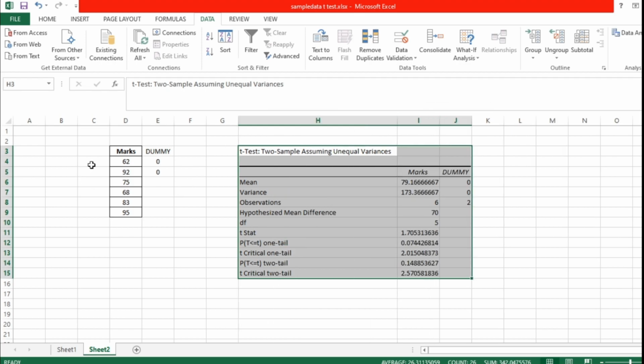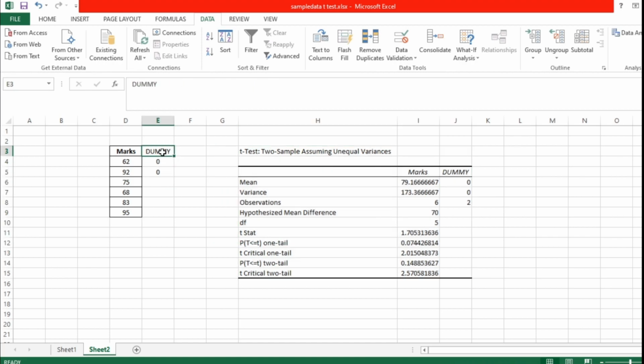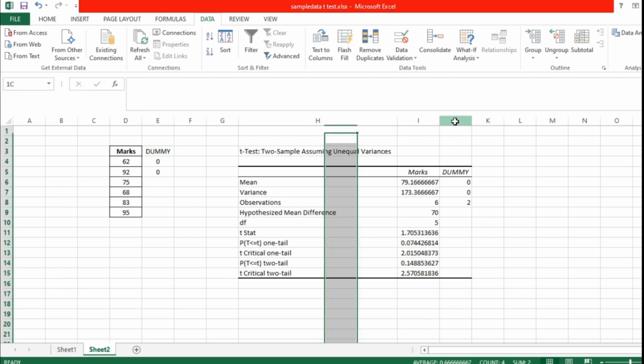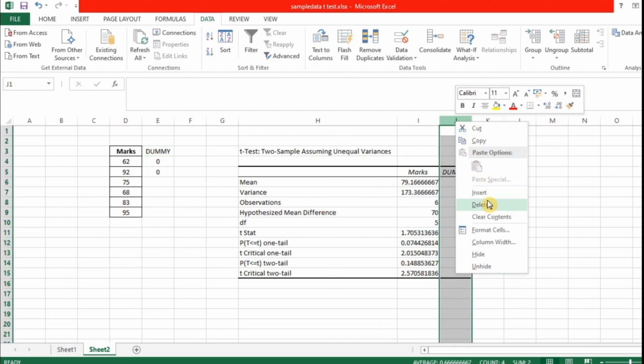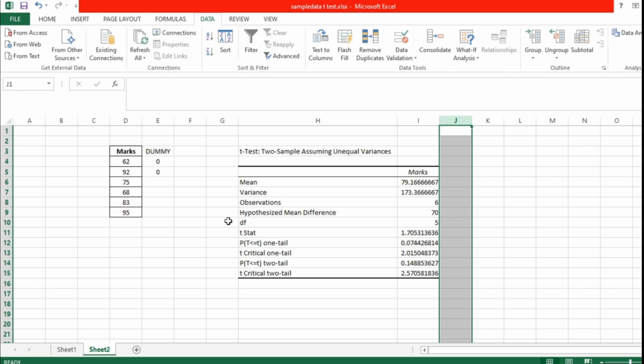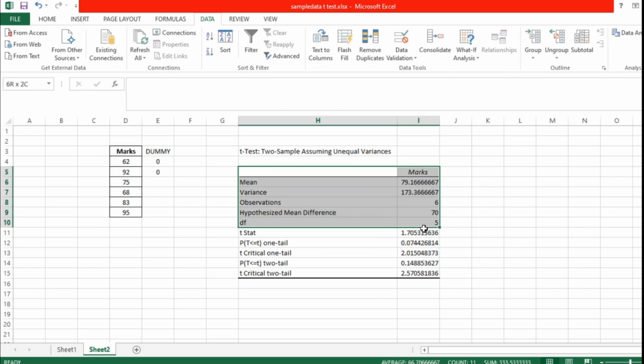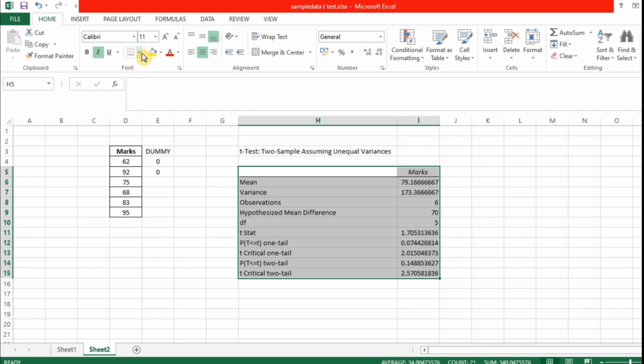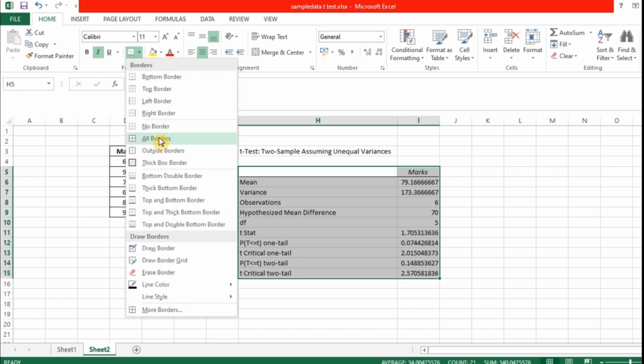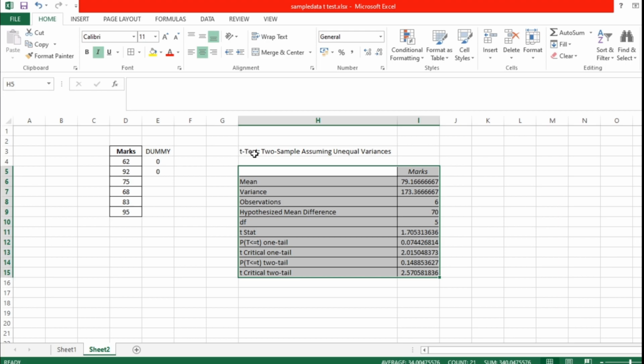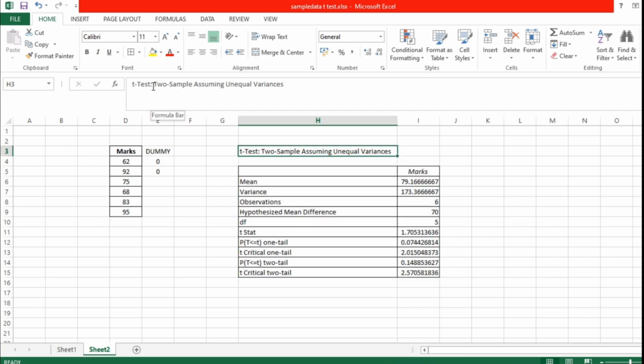Just observe it. Since this dummy variable is only for cheating the Excel format, we can delete this particular cell, right? I'm making it into a table format, and I'm changing the name.